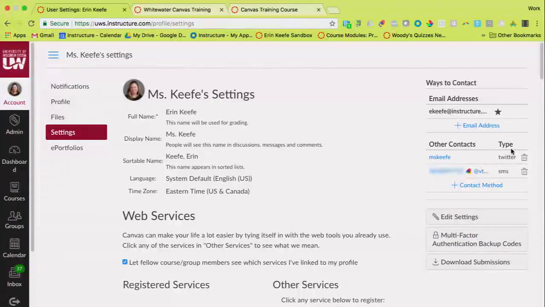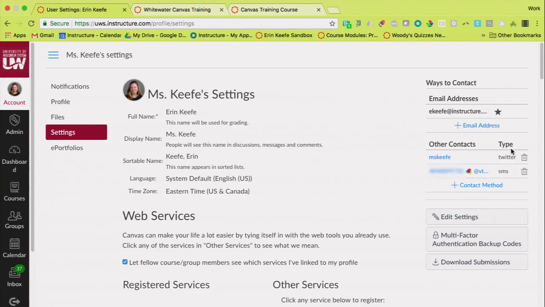So you're going to see that I have my work email address, and another way that I can be contacted, that I can get my Canvas notifications, is I've enabled my cell phone so I can get text notifications. Students really do like that. I think probably most of them enable their cell phones so they can get their notifications by text.